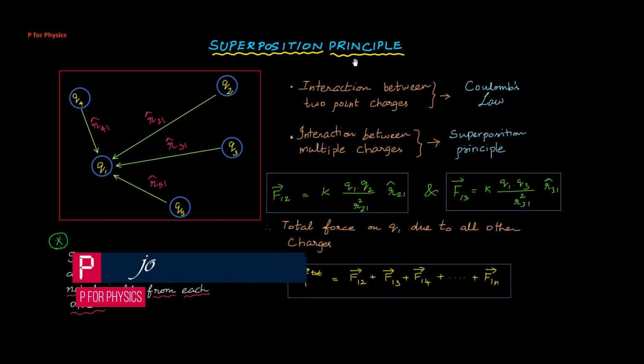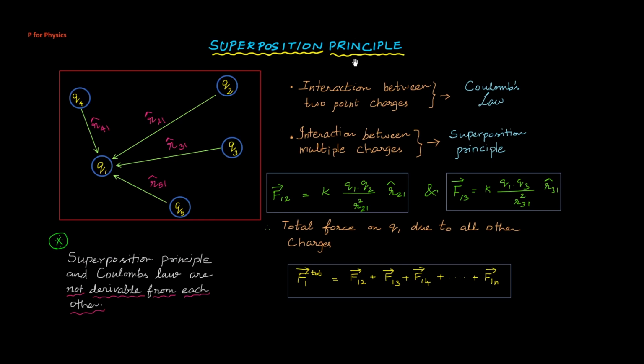We have devoted the entire previous session to Coulomb's law. When we talk about the interaction between two point charges, naturally we find an answer in Coulomb's law. Coulomb's law helps us a lot to find the value of the force, the electrostatic force to be more precise, between two point charges. If we assume that the two point charges are meeting at a place, depending on the type of charges, we may be able to say what kind of force will act between them. It's either going to be an attractive force or a repulsive force.